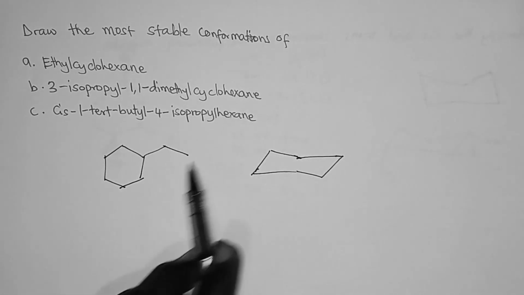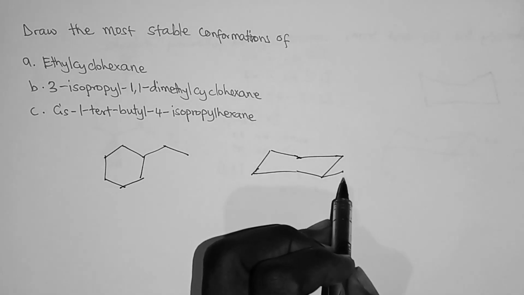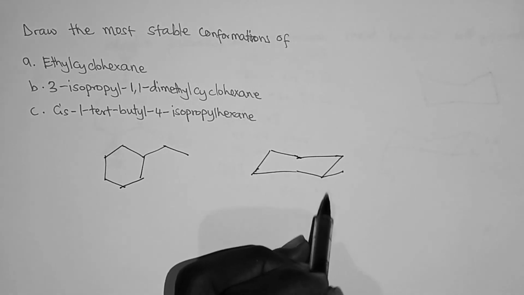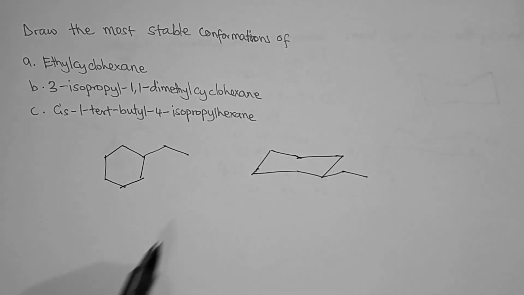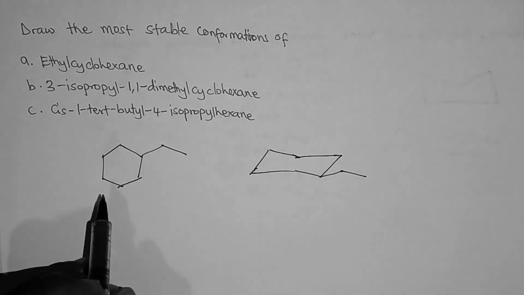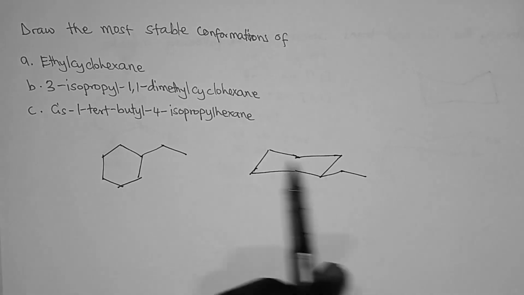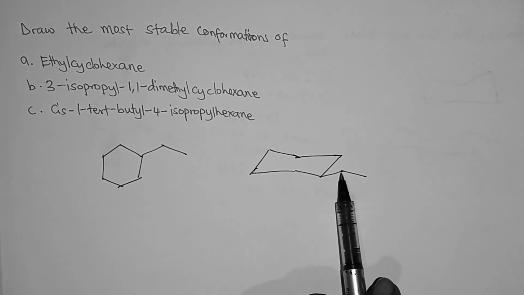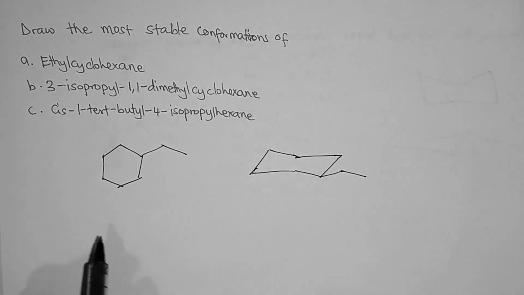Since it is only ethyl as a substituent, then we can put the ethyl group in the equatorial position. So this is the most stable conformer. Then the second one, so for ethylcyclohexane, this is the stable conformer. You see that the ethyl is in the equatorial position. Then the second one is